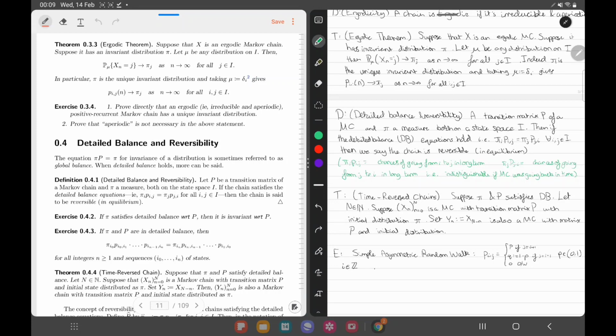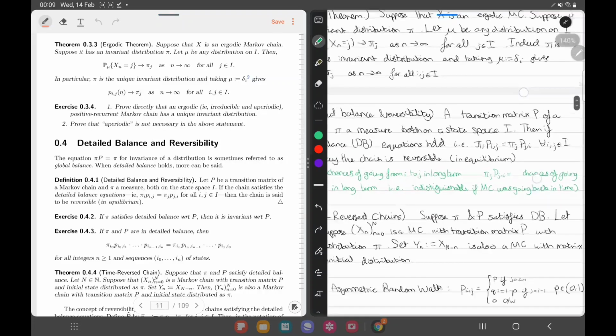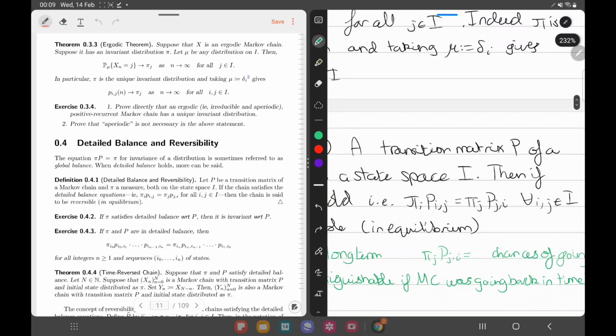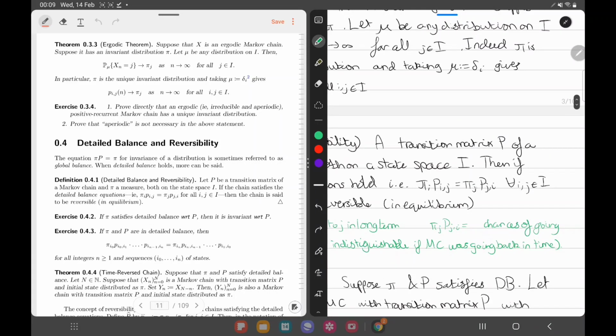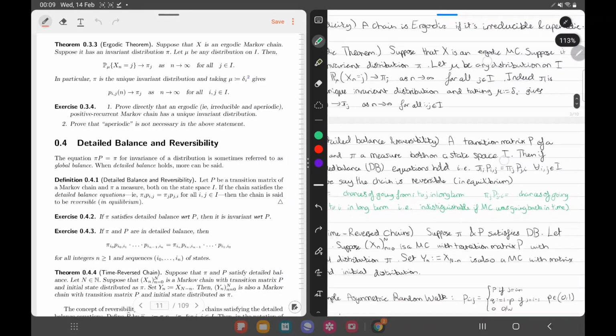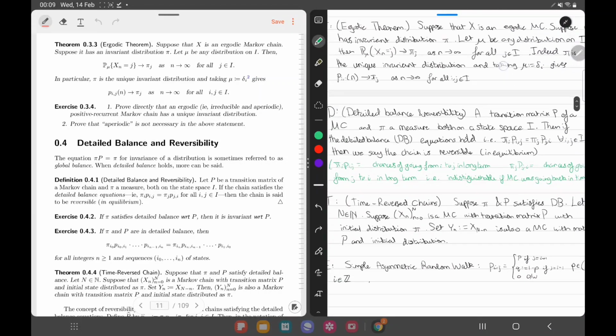It means that if you run your Markov chain, it's reversible if you can't tell if the Markov chain is running forward in time or backwards in time. So we encompass this in the idea where we have some sort of equilibrium distribution, and we say, imagine I'm at equilibrium distribution at state i. Then if I jump towards j, it should be indistinguishable from if I started at j in equilibrium and jumped to i. So detailed balance is just an encompassing way of understanding time-reversed chains, which is basically what the next